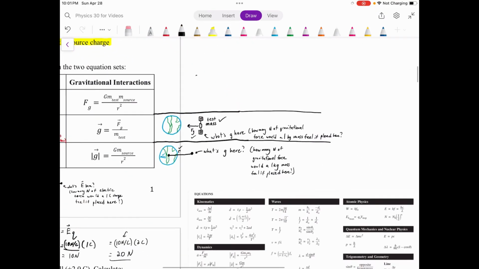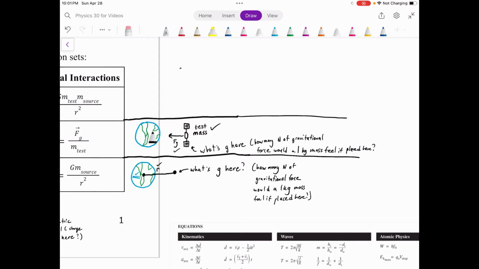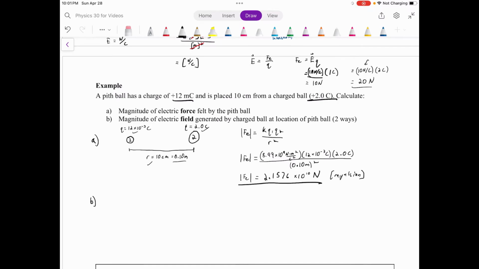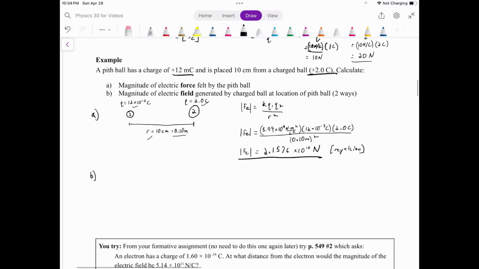because they both have charge. Just like you learned in Physics 20, right? This is generating a gravitational field because it has mass, but so is this. This is also generating a gravitational field. It has mass, okay? So important to understand what is the source of the electric field that we're interested in at the moment. Well, it says the electric field generated by the charged ball. So we're interested in this as the source, right? We're saying, okay, what electric field is this creating over here? Because it says at the location of the pith ball. Of course, it's generating an electric field all around it, but we're interested in what its electric field is like